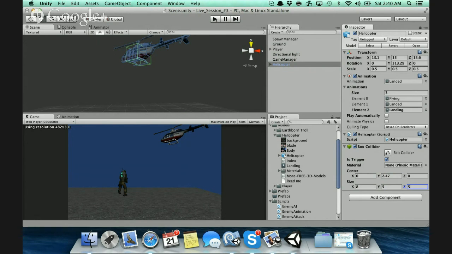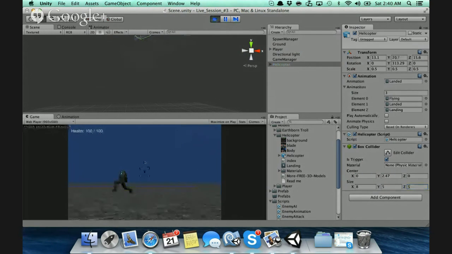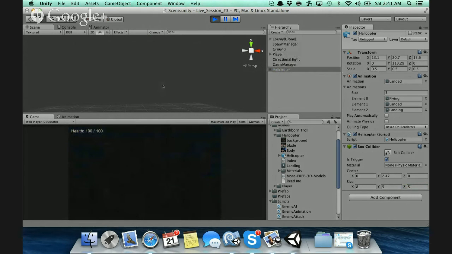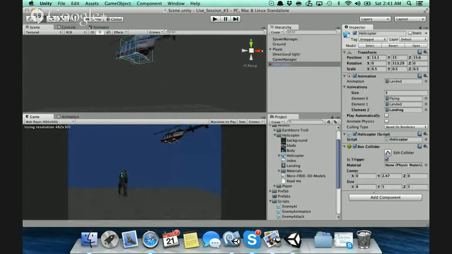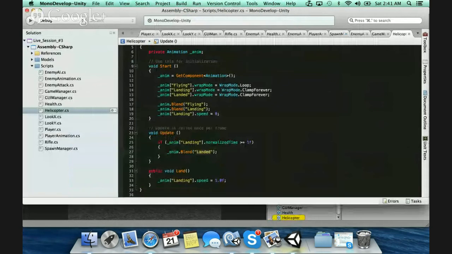All right, so now we have a trigger here that's going to act as our helicopter doors. And so the helicopter lands, and then the doors open, and now there's a trigger in here that I can actually collide with. When I collide with that trigger, which we can do on the helicopter script here, I need to declare myself the winner. I'm going to say void OnTriggerEnter,